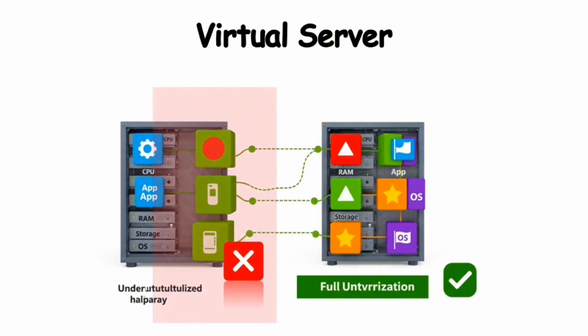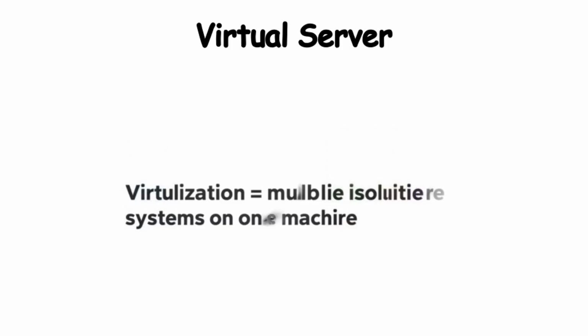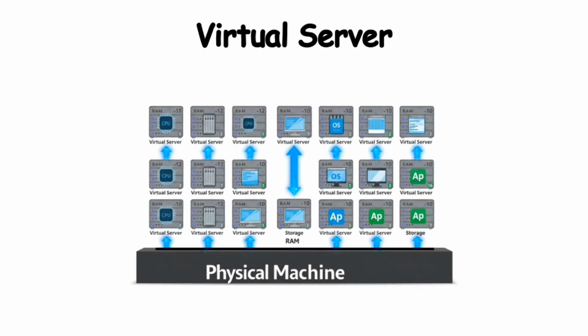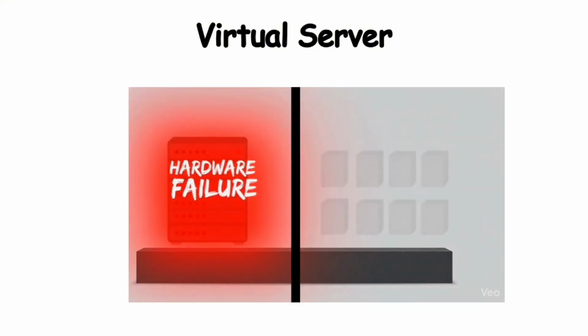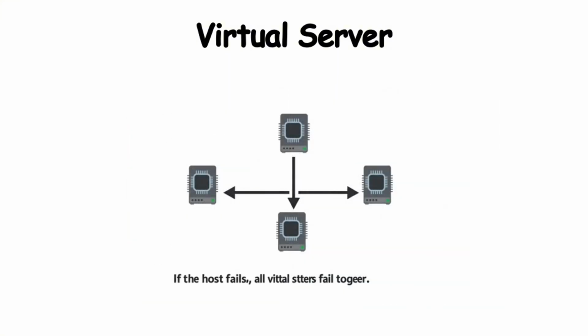Without virtualization, one physical server running one small app wastes most of its computing power. With it, that same machine runs 10 independent virtual servers simultaneously, but virtual servers still share the underlying hardware. If the physical machine fails, every virtual server on it goes down together,